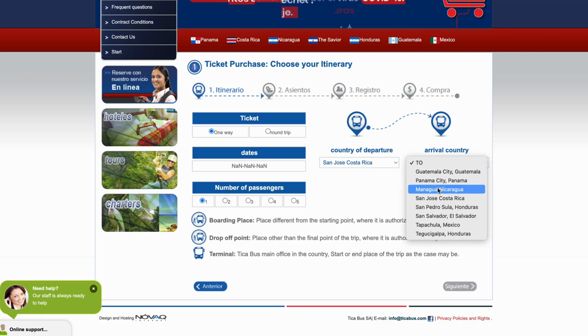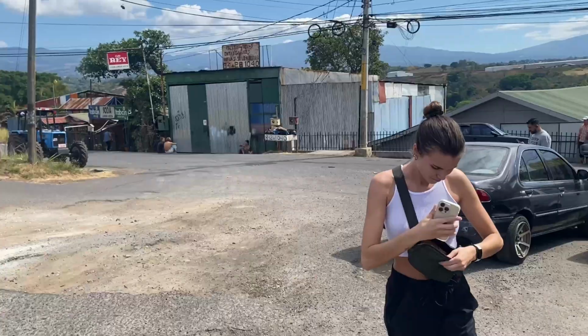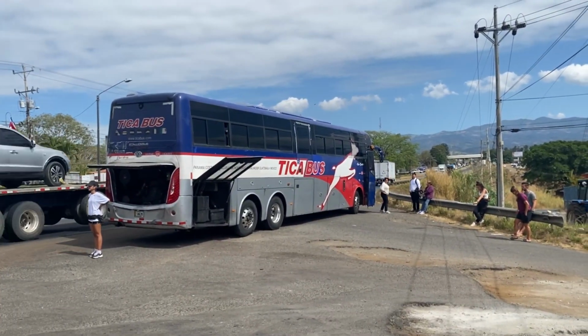However, unfortunately, about an hour into our trip, our Tika bus broke down, which left us stranded on a Costa Rican highway for about 4 hours. At the end of that 4 hours, we finally did get a replacement bus, and we continued on our journey